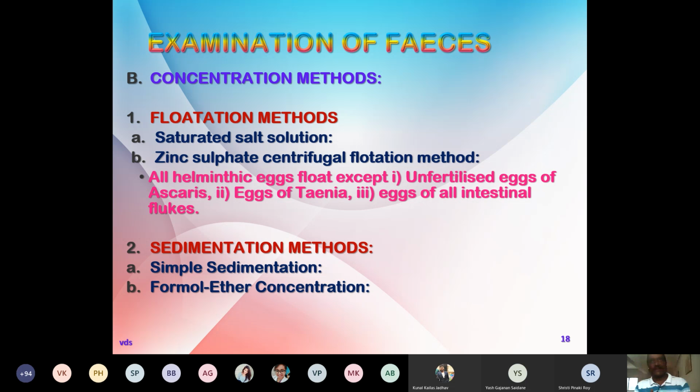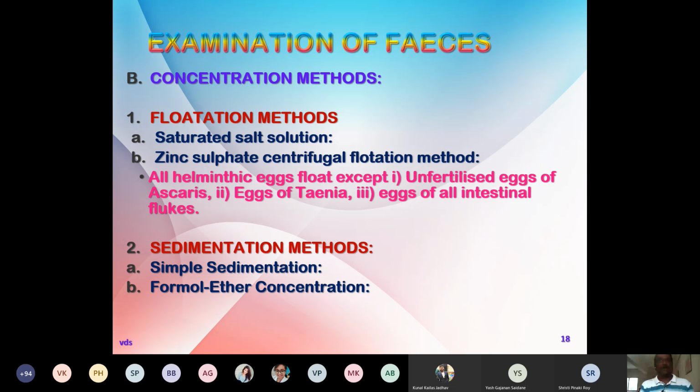You are supposed to increase the number by different techniques so that it becomes much easier for us to undergo microscopy for identification. Now, two important techniques are there: the flotation method and the sedimentation method. I won't go into the details of these. I'll just enumerate them and then we go to the next slide. Flotation technique,